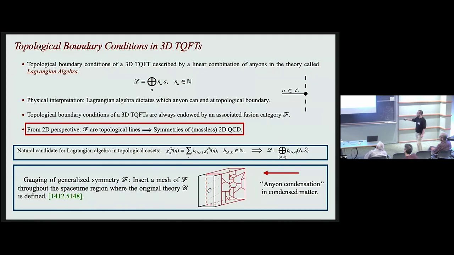This corresponds to inserting a mesh of some symmetry, some gaugeable object, on half of space-time. At any rate, these are the main ingredients that we need to characterize topological boundary conditions of 3D TQFTs, and how to find an associated fusion category in the theory, in 2D QCD. This is going to be the analog of the W that I mentioned in the pedagogical example earlier.